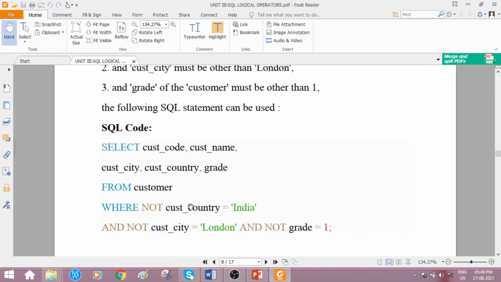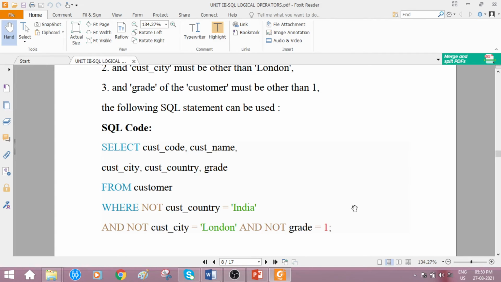So it makes the false value other than India, other than London, other than grade 1. All these three things have to be true. See, the and operator is added, right? So this condition, the country should be other than India, and the city should be other than London, and the grade should be other than 1.